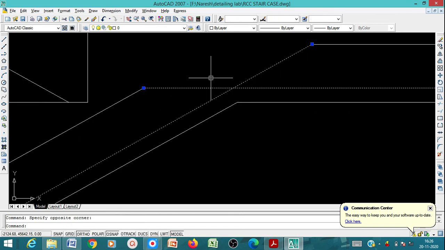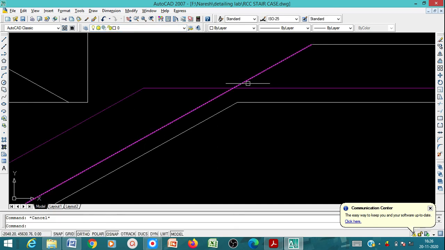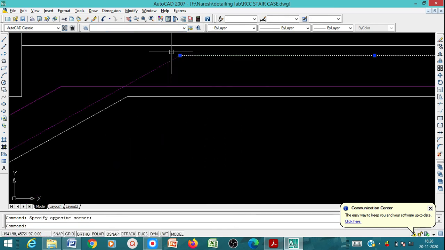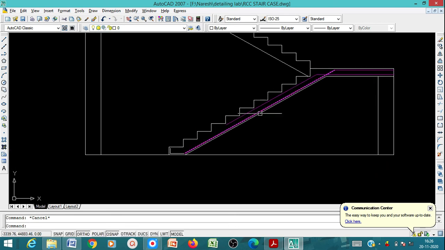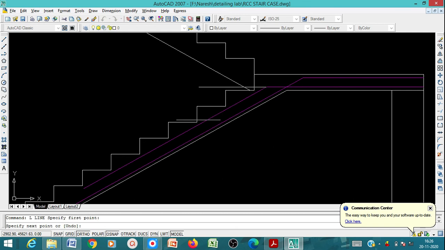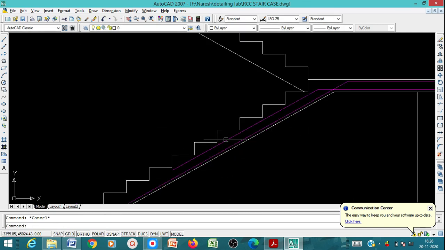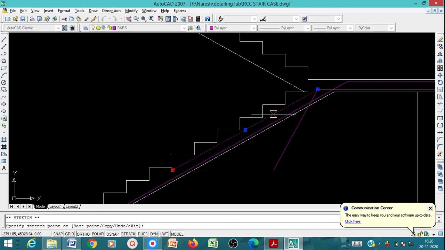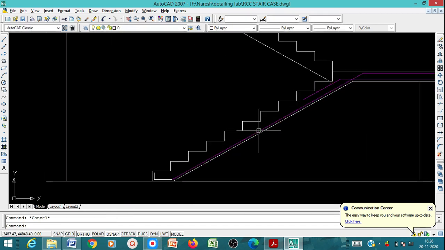The reinforcement I can give a color here, so I'll make it bars. You can reduce this distance and provide it.